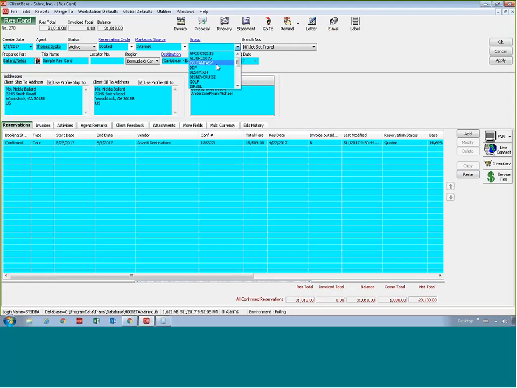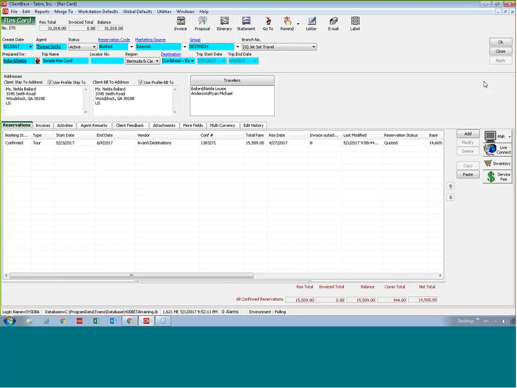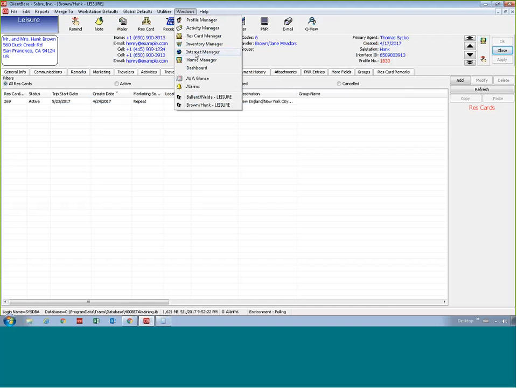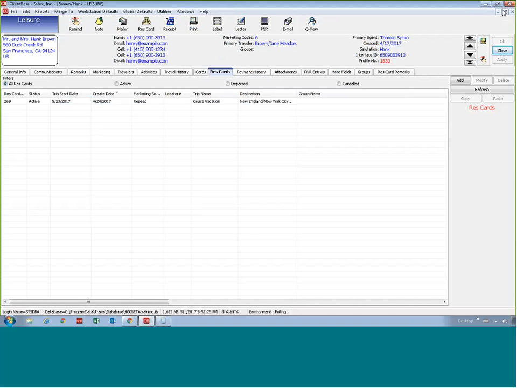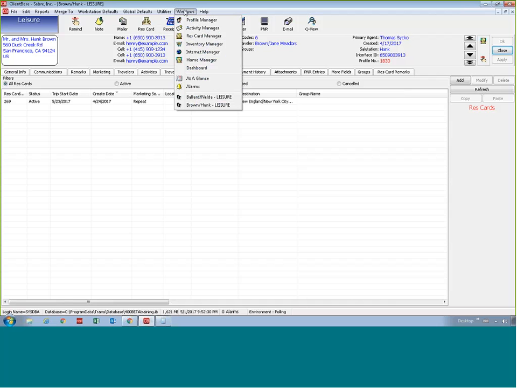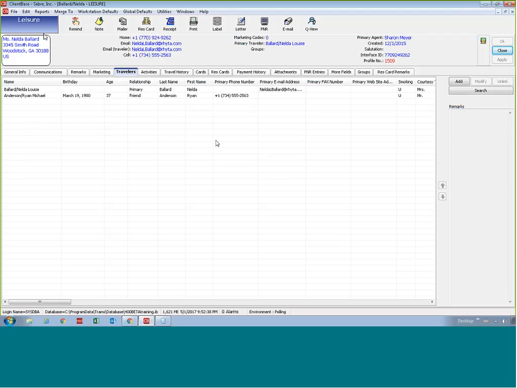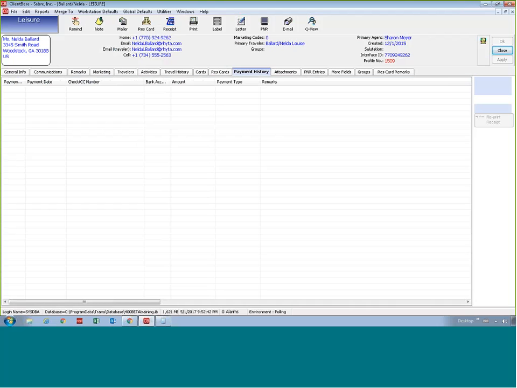So if I want to copy this entire res card, I'm going to add in a group name just as an example here. So I'm going to go ahead and apply that. I'm still in Nelda's res card at this point. But instead of just copying one reservation, let's go back to Nelda's profile. By the way, do you see here, if you don't close out the window, rather you minimize it, what's nice about that is the open windows go to your Windows menu. So I can go down here and I can switch between Hank and Nelda because both of those windows are open. Okay. So here I am in Nelda's profile, and when I go to her res cards to see her list of res cards,